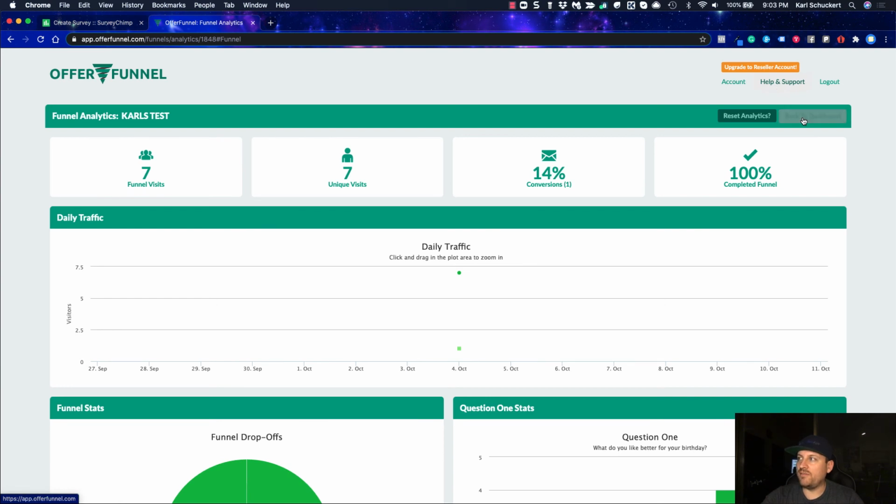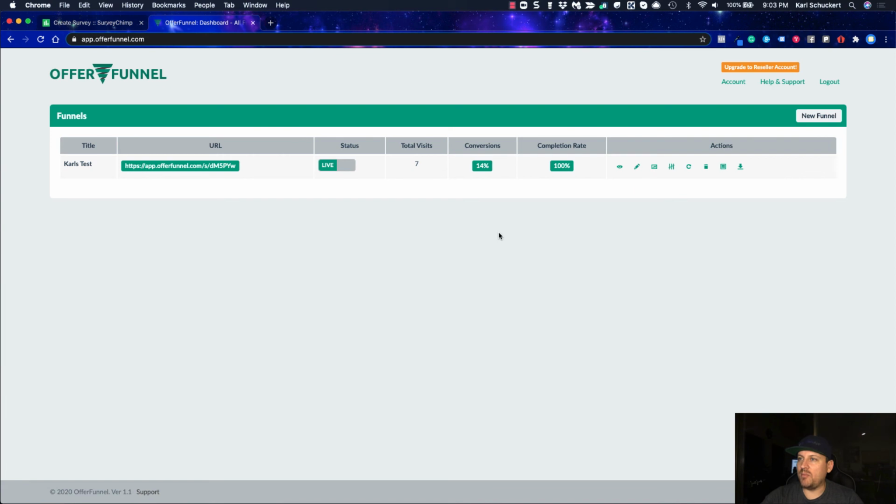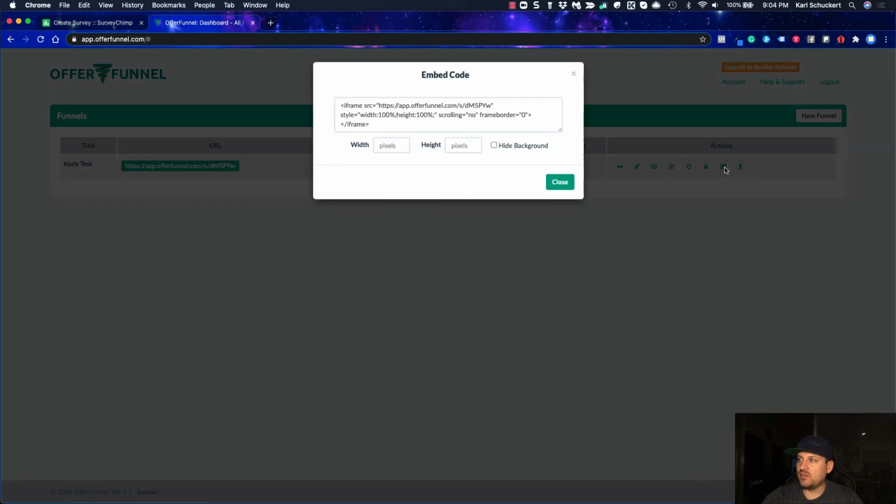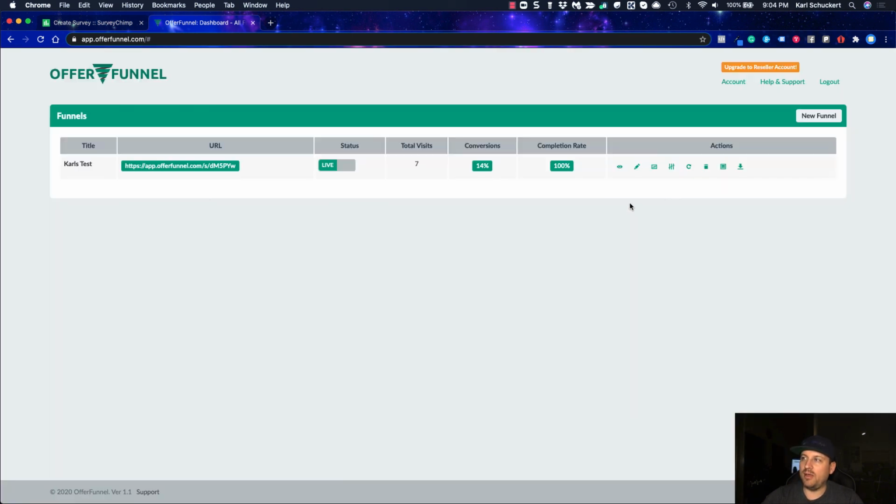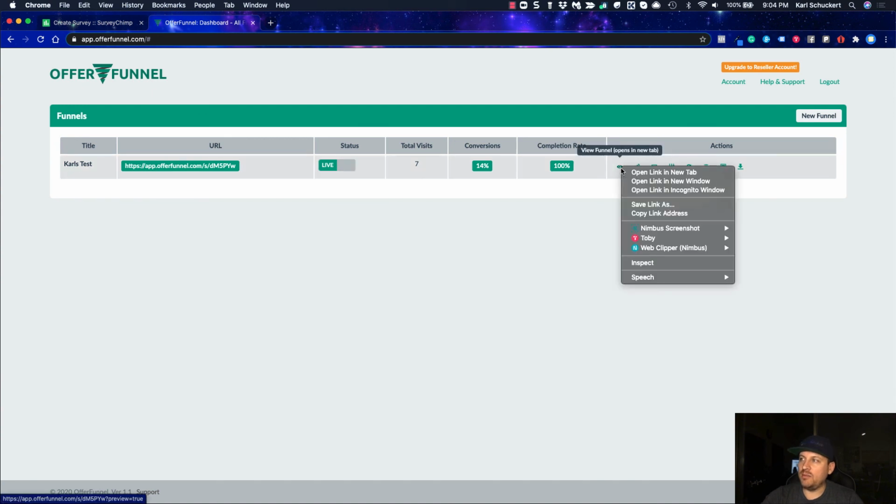Okay. If I go back to the dashboard, I can actually go ahead and look at this, or I can do incognito. You can also create some segments. You can do a duplicate. You can delete it. You can use embed code if you want to embed it, which is kind of neat. So I can click on here and then just grab some embed code, and I can adjust the width and height if I wanted to, and I can hide the background on the embed if I wanted to as well. Let me just open this back up into the incognito window.